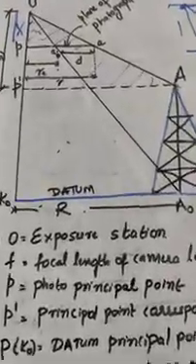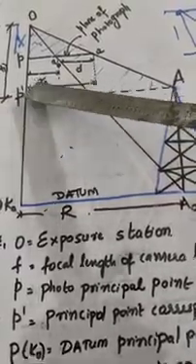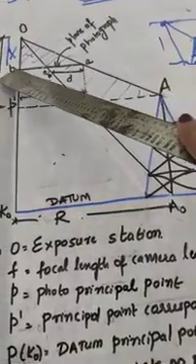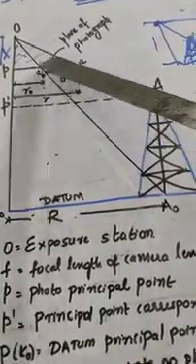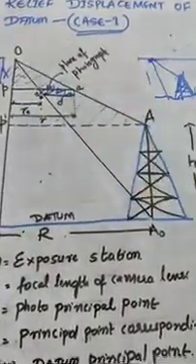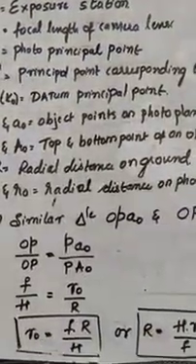The relief displacement formula is D equal to R minus R naught. If you see this diagram, you can clearly see that D is nothing but what you get when you deduct R naught from R. That is, from this distance, if you subtract this distance, you get this portion. Correct, right? That is what is written here: relief displacement D is equal to R minus R naught. So here we have the value. R naught value we have, and R value we have.